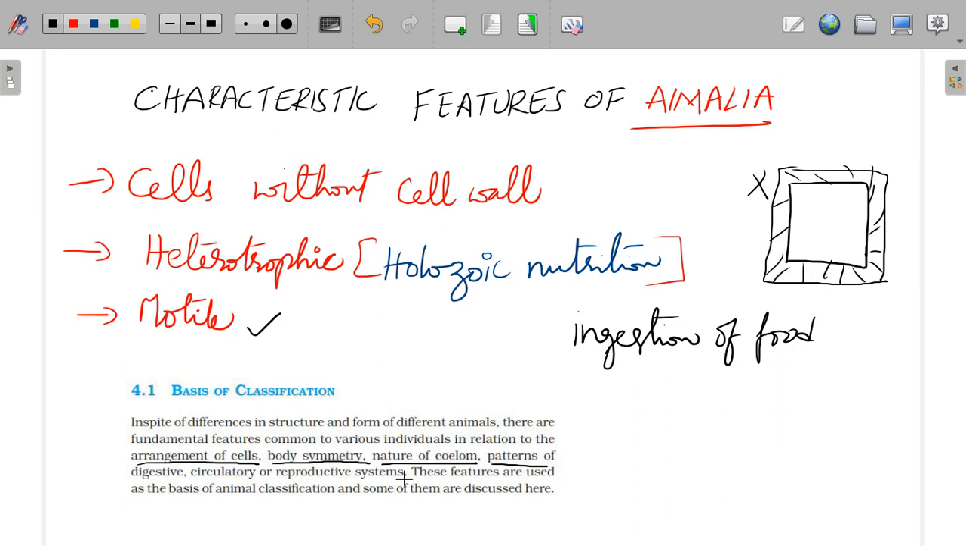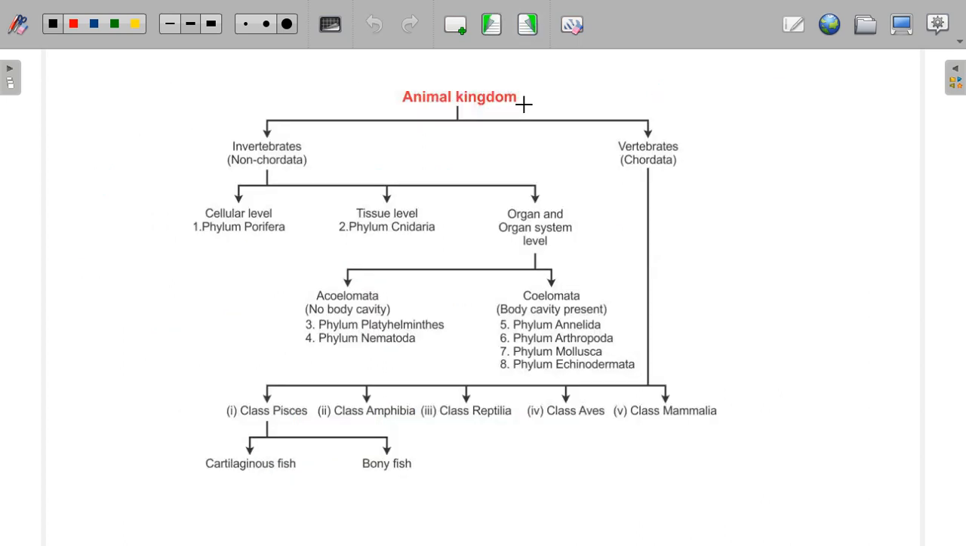Now looking at this, you can see all the animals under the animal kingdom can be divided into two major phylum. You already know that during the hierarchical classification, kingdom has a number of phylums or divisions. Phylum has a number of classes. Classes have orders. Orders have families, and family consists of a number of genus. Genus consists of species. So if you can see in animal kingdom, there are two major